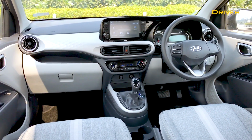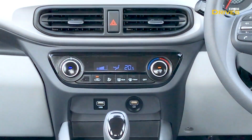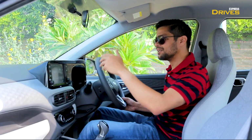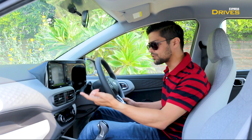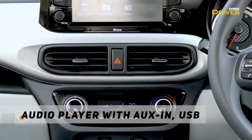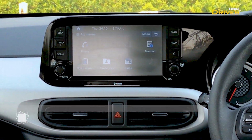so that again helps the cabin gain a very premium positioning. The other centerpiece of attraction is, of course, this new center console design and the 8-inch color touch infotainment screen. Now the system comes loaded with Android Auto and Apple CarPlay, so of course that's a good thing. The user interface is quite simple, and the touch response is nice. Visibility under direct sunlight is